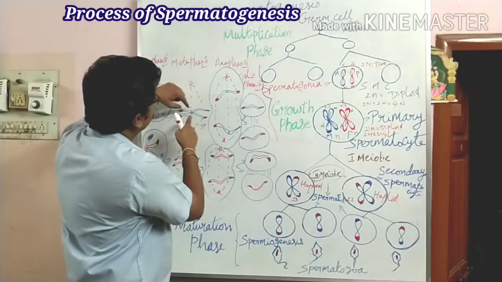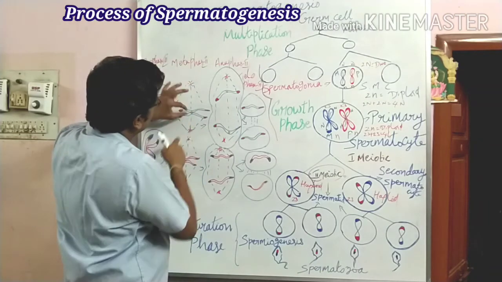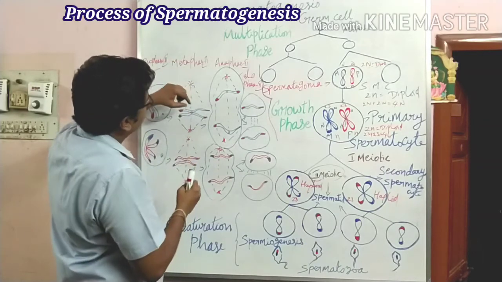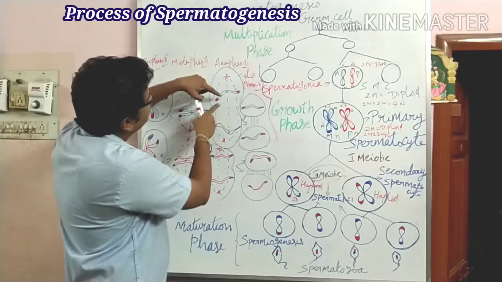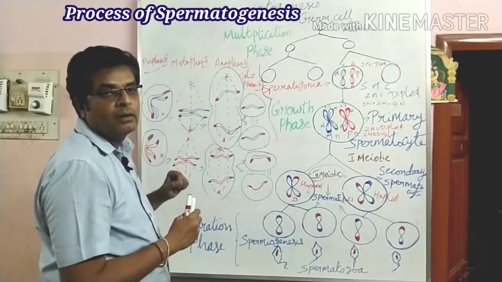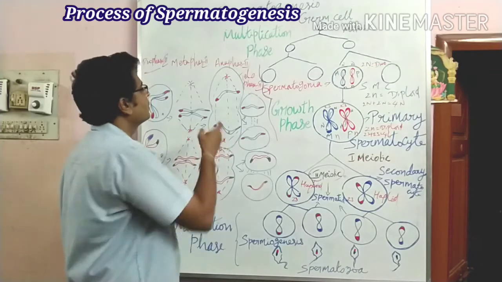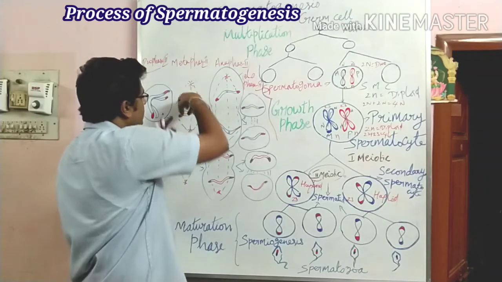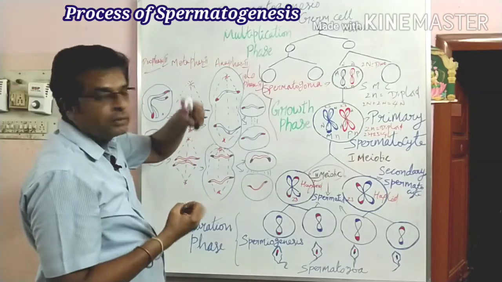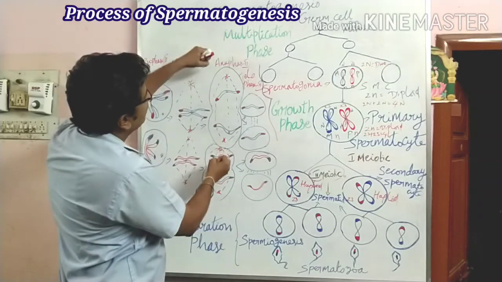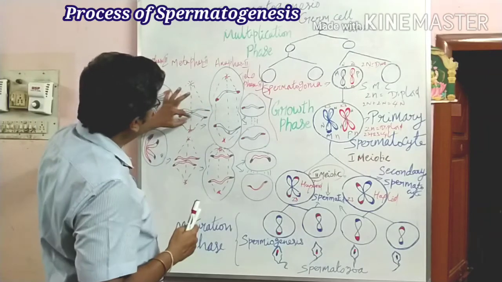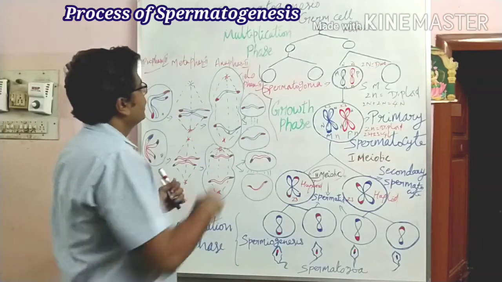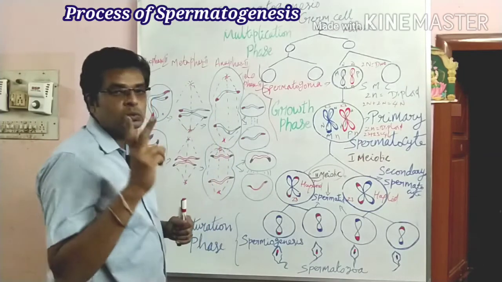Now these two chromatids of this single chromosome are connected together at the centromere. By the pulling of the spindle fiber, the centromere breaks off, and the two chromatids move towards the opposite poles. The two chromatids from this single chromosome now each become a single chromatid moving towards the opposite pole. This is the stage of anaphase 2.